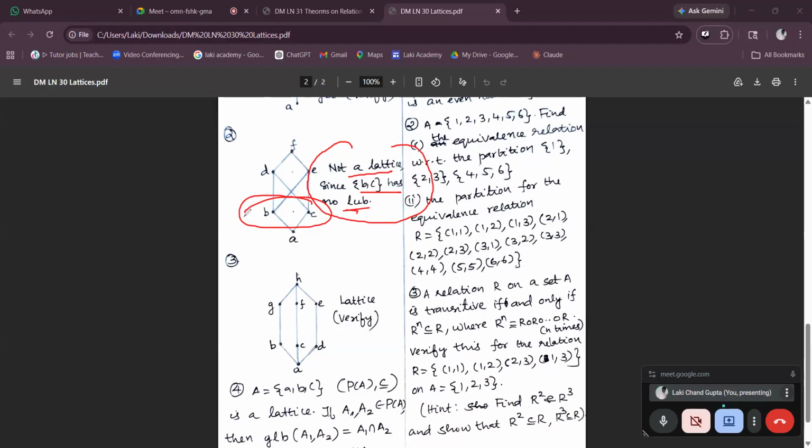What is the upper bound of B, C? Upper bound of B is what? B, D, E, F, right? And upper bound of C is